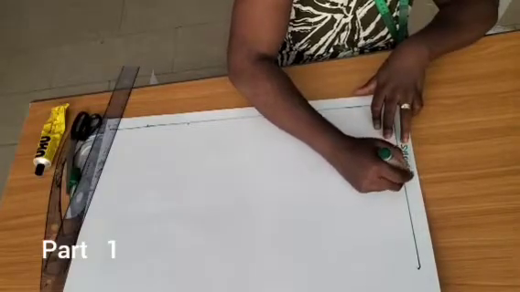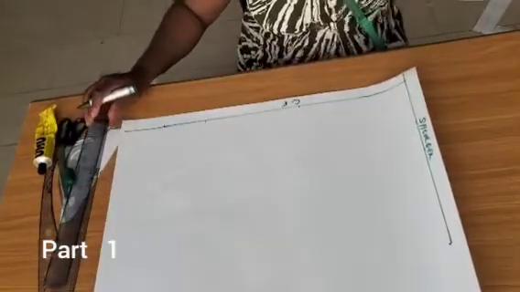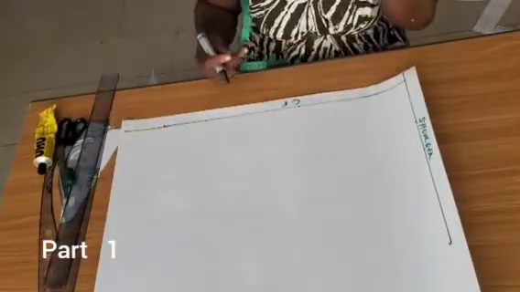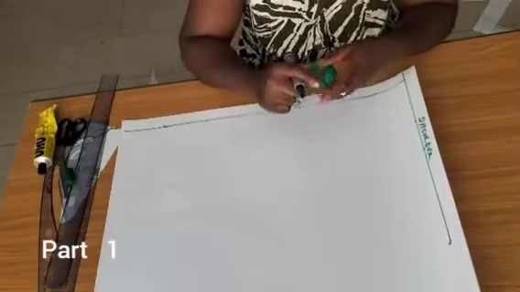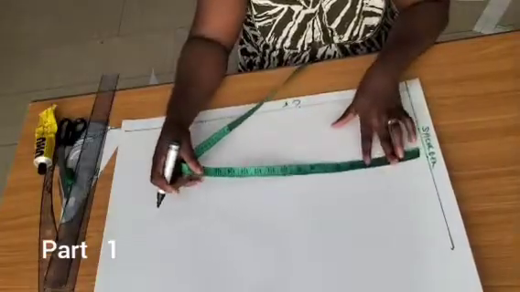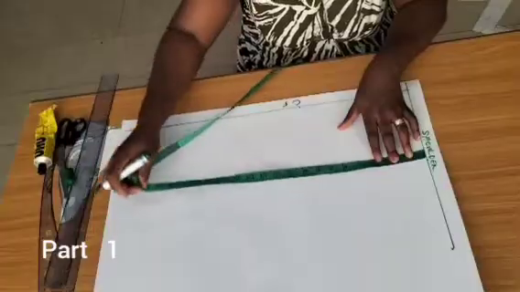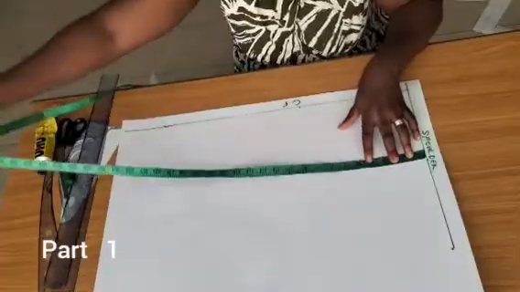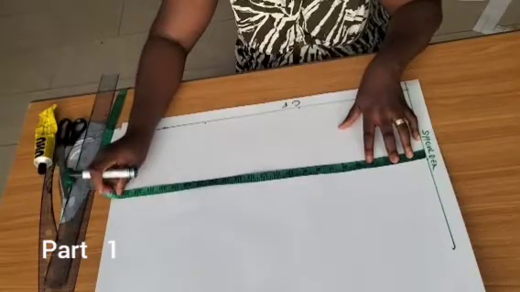So I'm going to input all my vertical measurements right now. When you are making a shift dress, it's actually very simple. We don't need back length, front length, or bust dart. There's none of that. All you need to do is place your tape on the shoulder and take all the measurements, and the measurements I'm going to take right away are the necessary measurements we always take